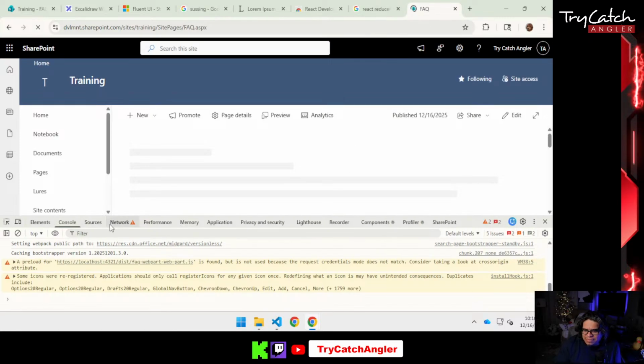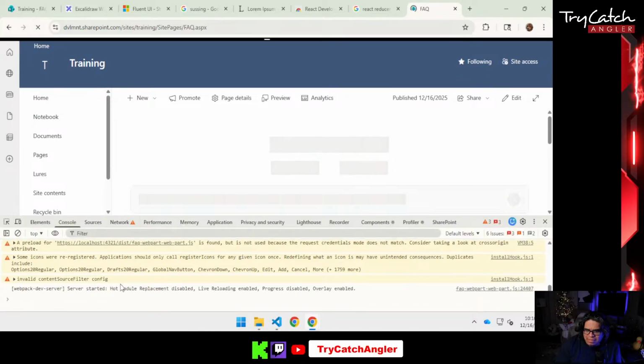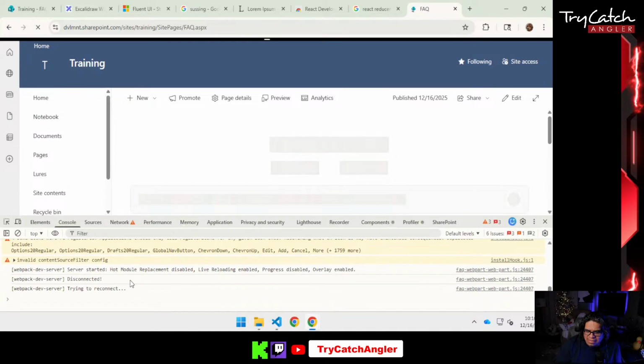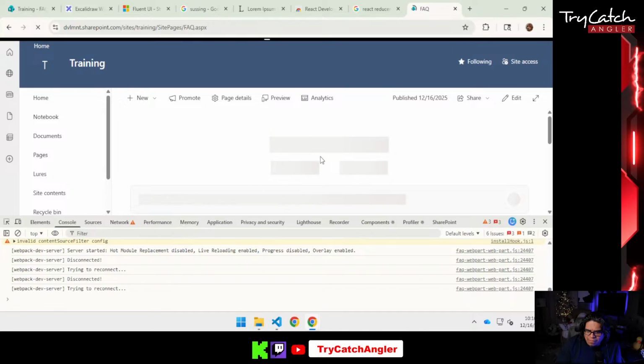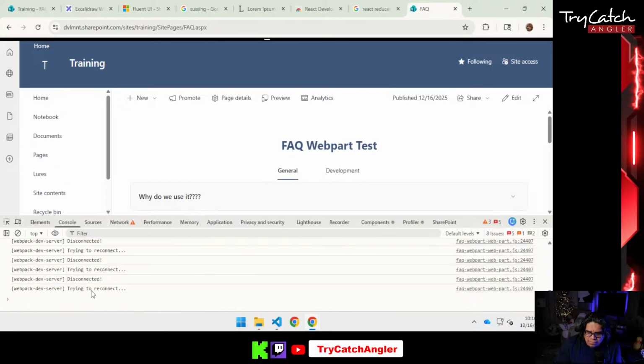But this bug has me a little bit thrown because I don't understand where the error may be coming from. I know it has to do with